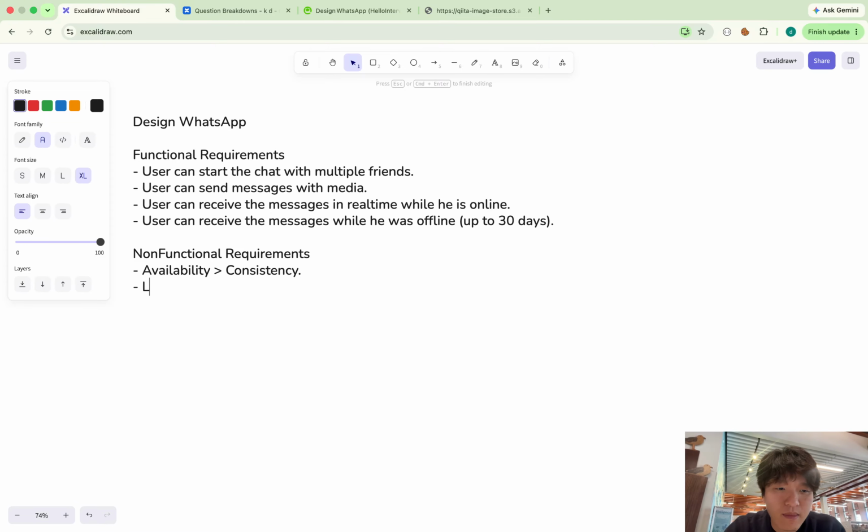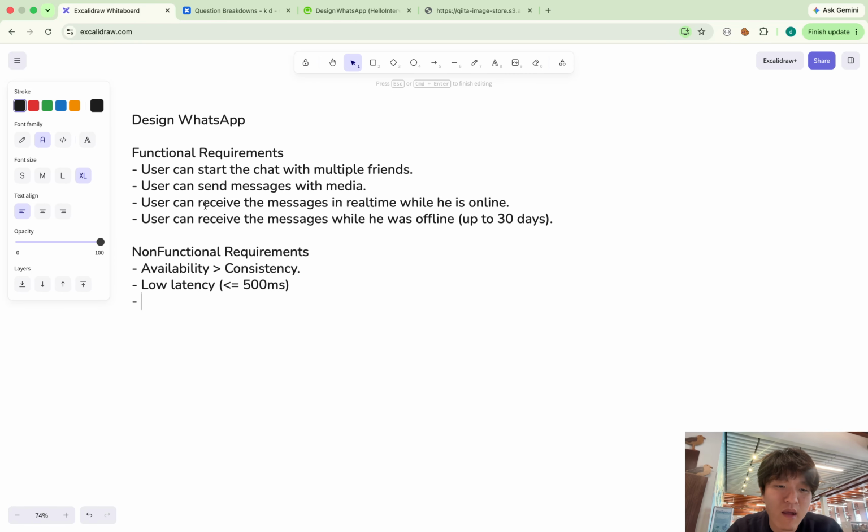Okay, now the second one is low latency. I will set the number 500 milliseconds here. This is for starting the chat, creating the chat room API, also for sending the message, and also for receiving the message.